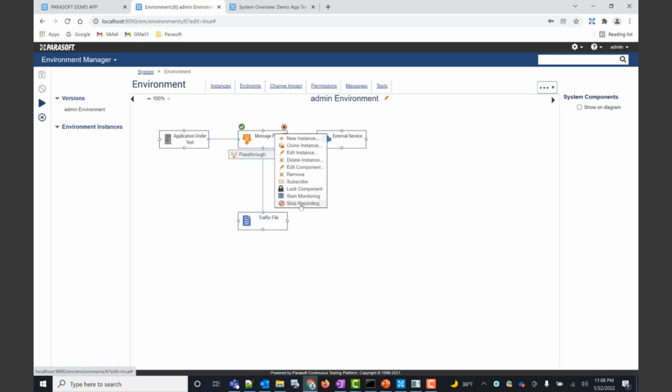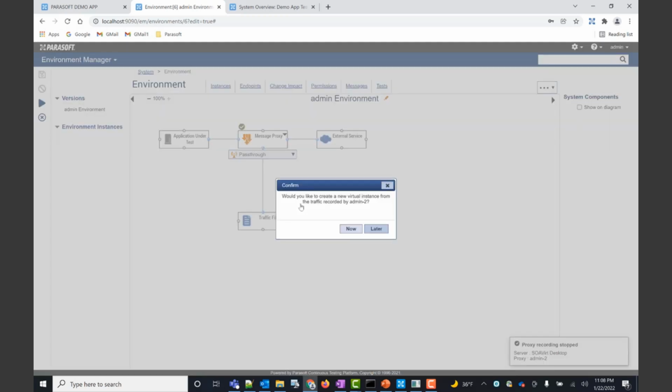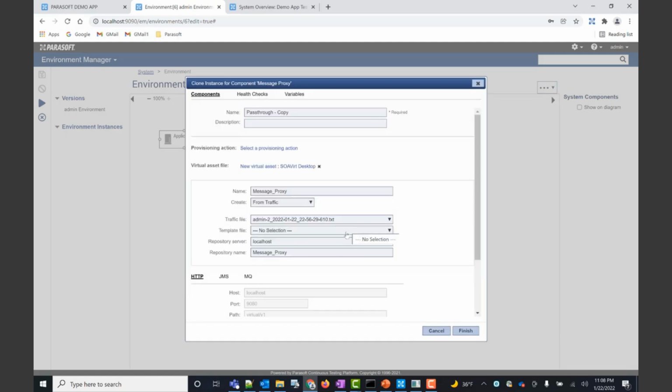So now we can just tell it to stop. We'll tell it stop recording, and it's going to immediately prompt us and say, hey, would you like me to create a virtual asset from that recording that you just did? And so you say, create one now. And it's going to go through the process. Let's change this one now, and we'll call it virtual.